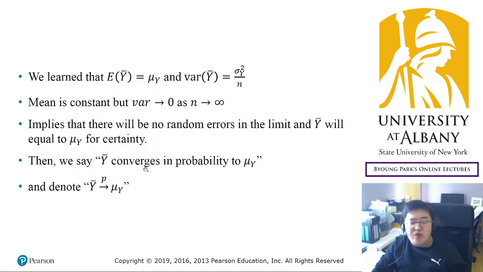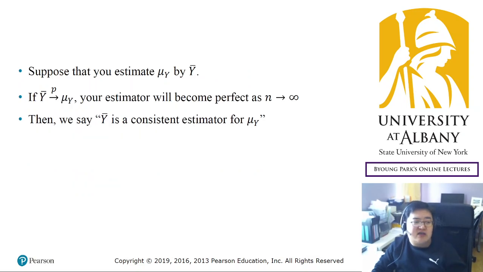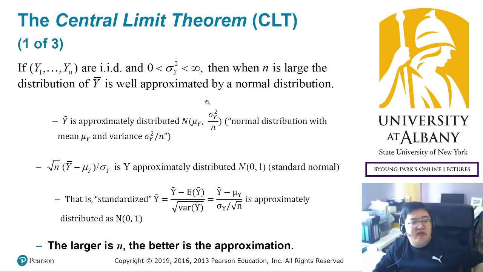So we have answered three questions: what is the mean, what is the variance, and what happens if n goes to infinity. And then the fourth question is actually the most difficult and also very important and most useful. That is based on the central limit theorem. In the end, simply speaking, the result is this.